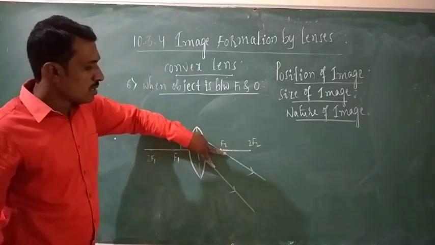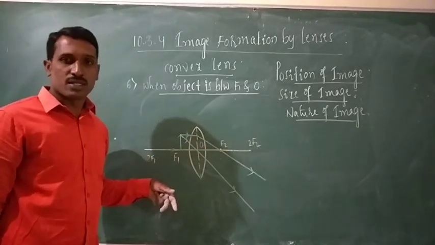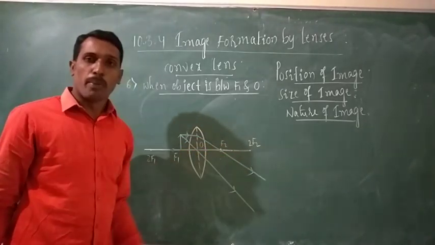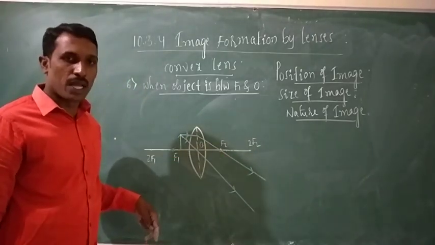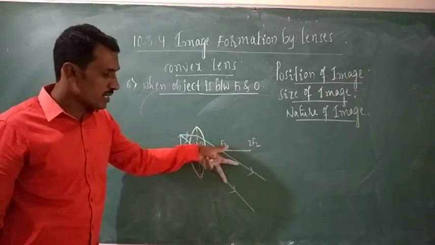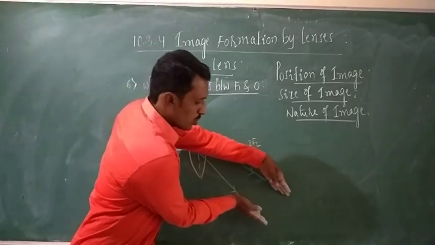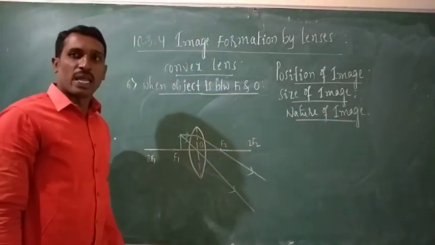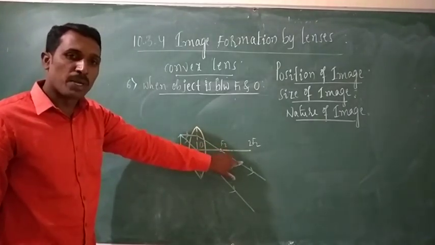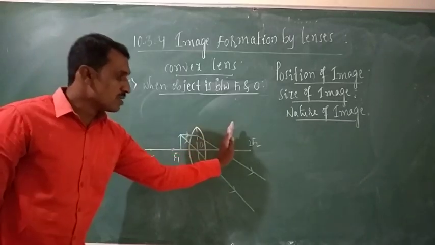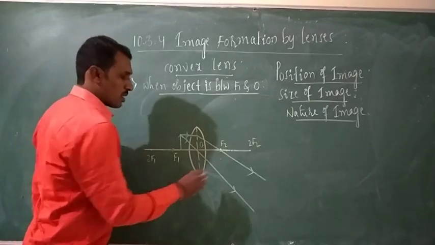See, in the previous case, when the object is at focus, we obtained parallel rays. Parallel rays may meet at one point. But look here. Are these two parallel or not parallel? These two light rays are not parallel. They are diverging light rays. As you move, they go on diverging. They will never meet. So, there is no chance of getting an image by these two light rays on this side of the lens. If you extend them backwards,